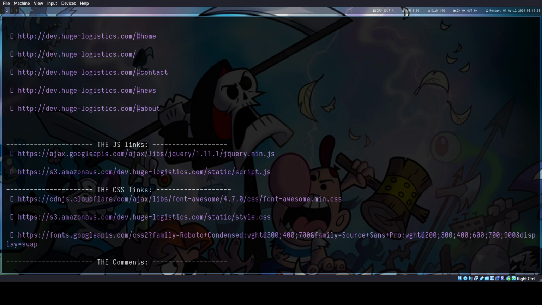We can see from here also there is an S3 Amazon AWS.com, right? So there is an S3 bucket running in the background. We can clearly see it. So how to proceed now? So in order to do that,